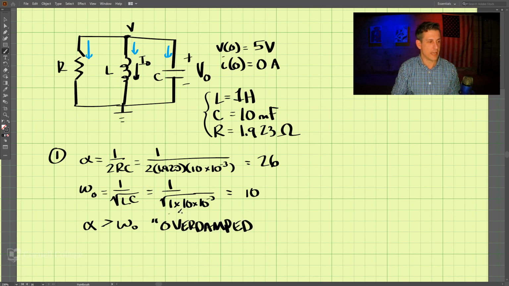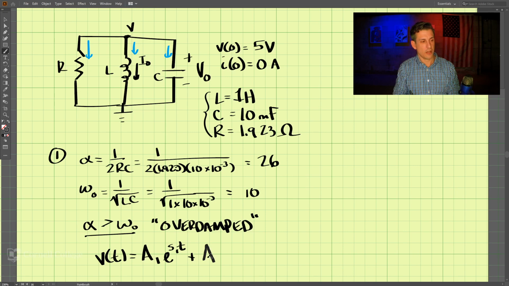This is overdamped. So we have the equation V of t is equal to A1 e^(S1 t) plus A2 e^(S2 t). So this is our equation. And with that equation,